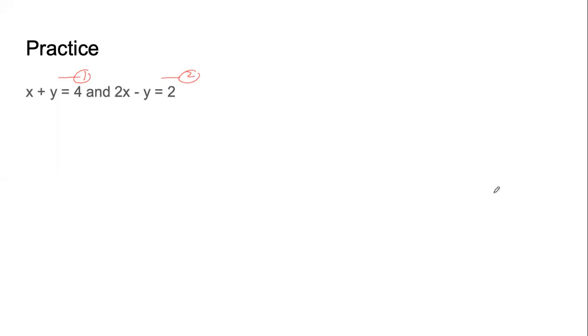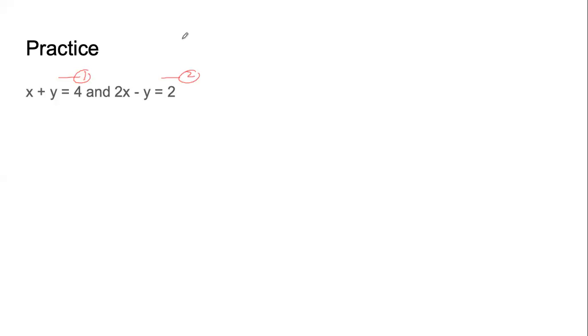X or y. Once again, if you eliminate x, you will end up finding the value of y first. If you eliminate y, you will end up finding the value of x first. Okay, so first answer that I got was x, so we will eliminate x. It is up to us, whichever we find easy. And here it will be easier to eliminate y, but it's okay. We will try to eliminate x.